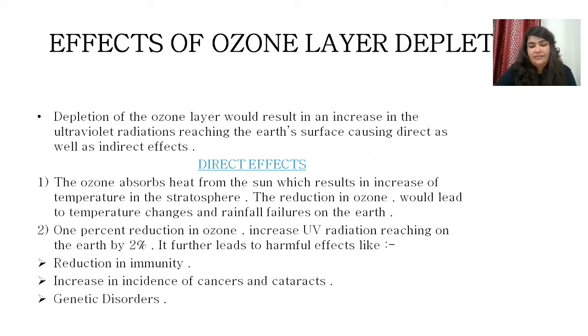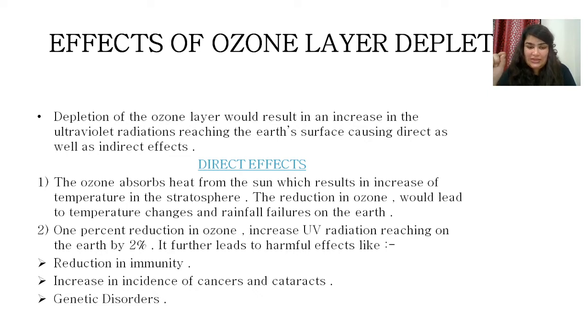Now, talking about the direct effects of the depletion of the ozone layer, what all will happen? First of all, the ozone absorbs heat from the sun, which results in an increase of temperature in the stratosphere. Then the reduction in ozone would lead to temperature changes and rainfall failures on the Earth, right? Then what happens next, talking about the direct effects only: a 1% reduction in ozone,